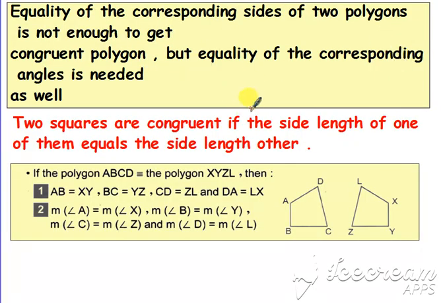Okay, here equality of the corresponding sides of two polygons is not enough to get congruent polygons. I cannot say that sides are equal, so they are congruent. The sides are equal and also the angles are equal. So here, if I have two squares, the two squares are congruent if the side length of one of them equals